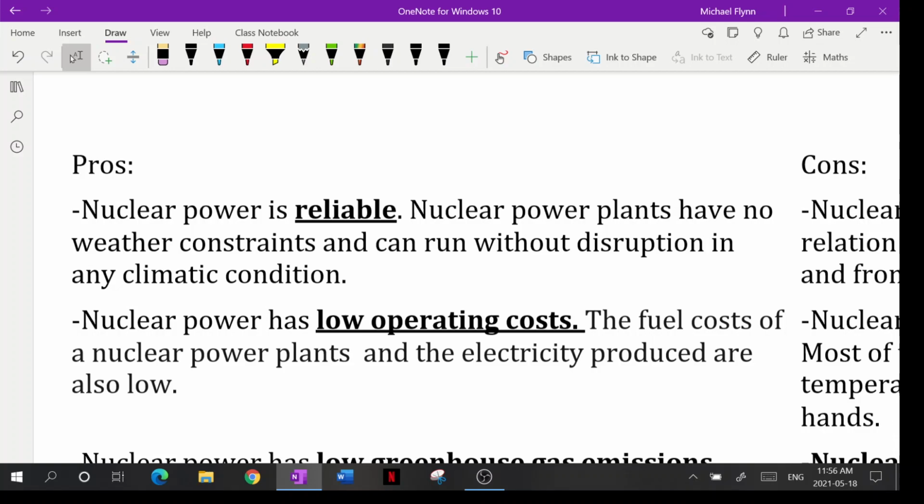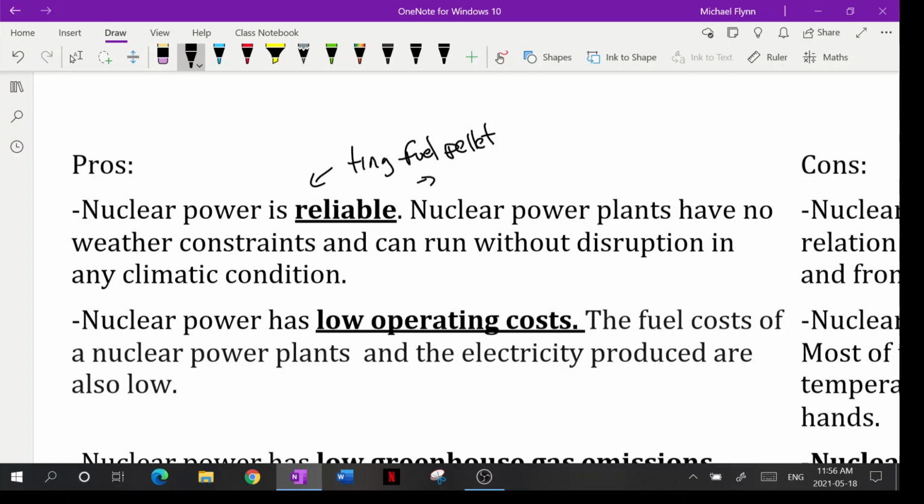That's a good one. It has low operating costs, believe it or not. It takes a very small amount of fuel. I'm going to add something to this. A tiny fuel pellet, probably the size of my thumb,